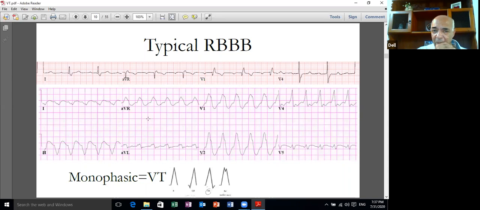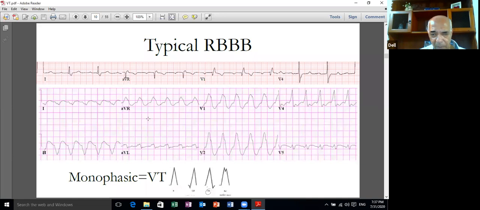Now, what is the typical right bundle branch block? It's an RSR' in V1, as you see in the upper panel. But if you look at the lower electrocardiogram, V1 is totally abnormal. Look at the monophasic pattern downstairs in this panel: any single R wave, or a QR, or an RS, or an RSR' with the left rabbit ear